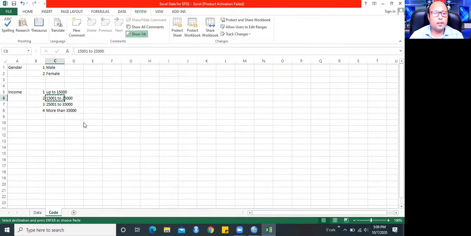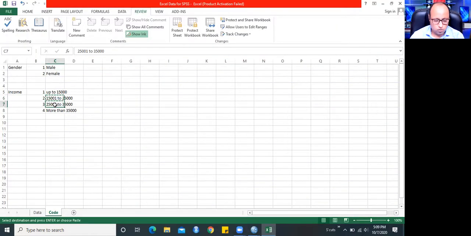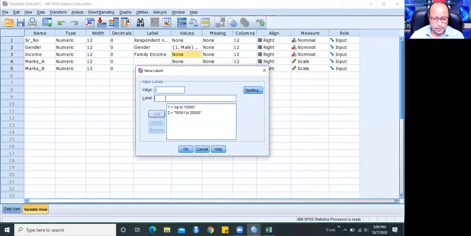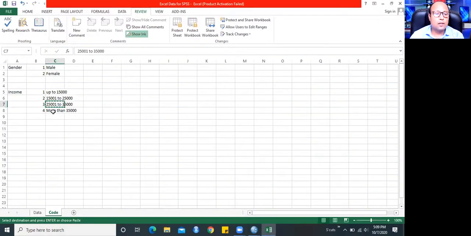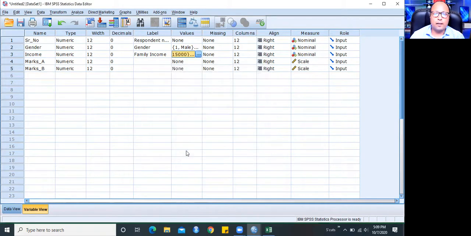So I copy and paste number two here. Sorry, number three, number three is this value. This is the benefit of creating that code sheet in Excel as well. Fourth is more than 35,000. So you're not wasting time typing all those things again. Add and okay.